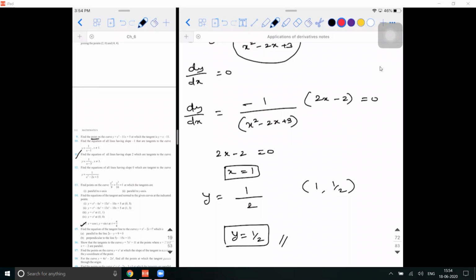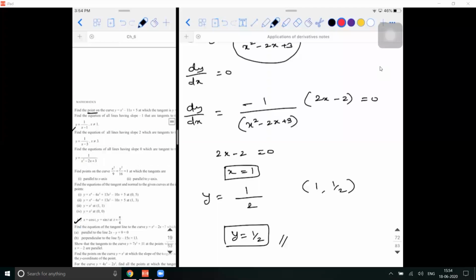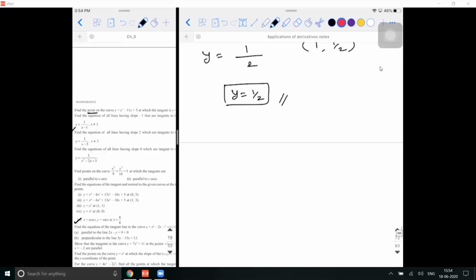So what is the next curve that is given? Find the points on the curve at which the tangents are parallel to x-axis. So what curve is that? Hyperbola. Right? Ellipse. It is an ellipse. So is it a horizontal ellipse or a vertical ellipse? Vertical ellipse. Because b is greater than a. So it will be a vertical ellipse like this. So what they are saying is,